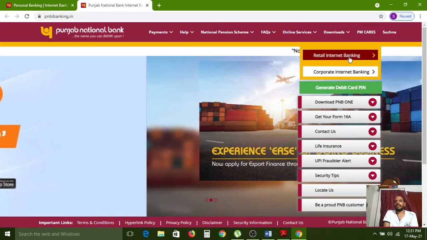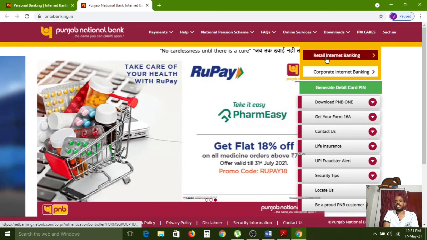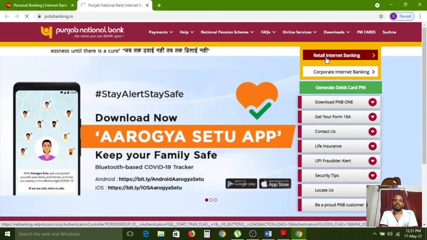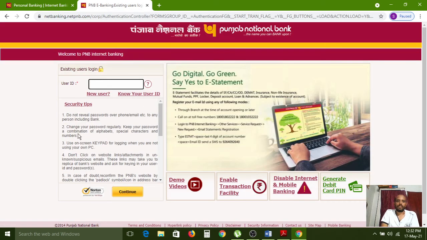In this also, retail internet banking, corporate internet banking, there are two, and in this also a number of links are given. But here my requirement is retail internet banking. It is opening now. It is loading. The process is going on. So it is opening. It is asking user ID. Understand? When we click on a link, immediately the source is jumping to some other document or some other source. Whatever source we have configured internally in our code, that link it will open. Understand? Like that, these are called hyperlinks.